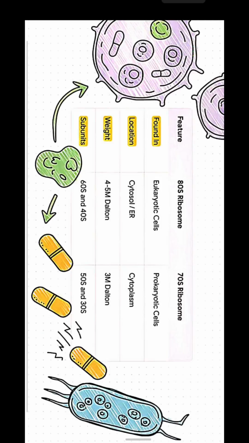Here the question can come, why do the 60S and 40S combine together to form 80S? This is not a mathematical addition. This is the Svedberg coefficient. On combination, the sedimentation rate depends upon the size and weight of the constituent molecules.